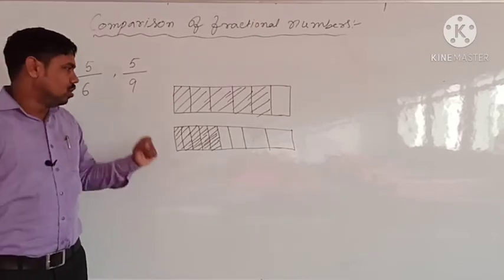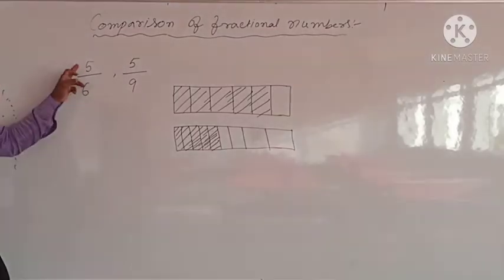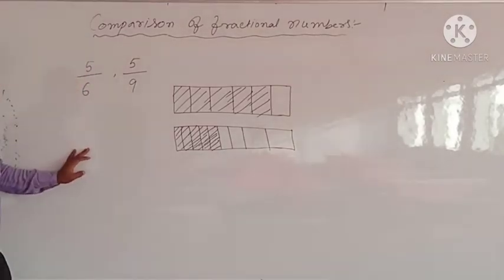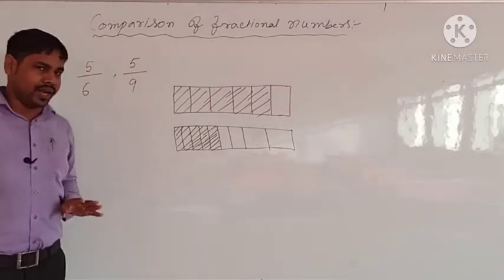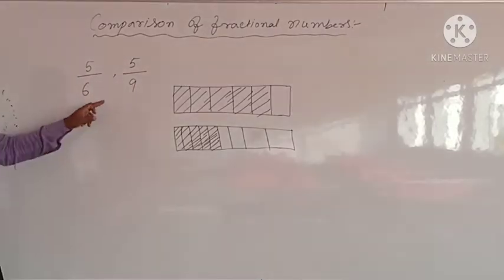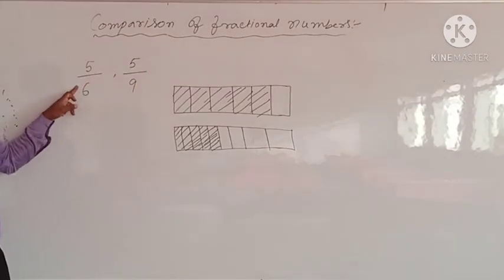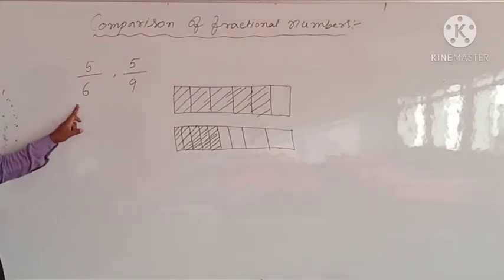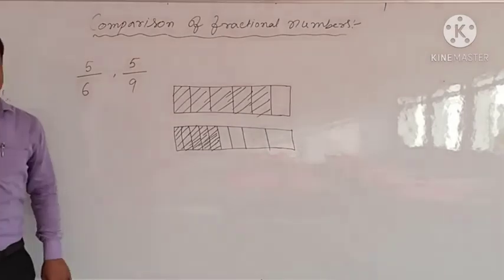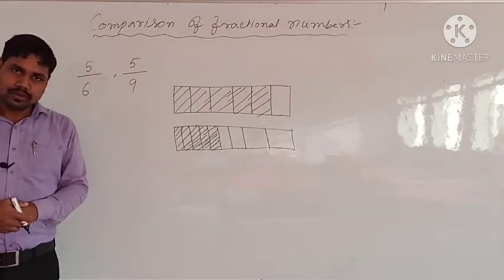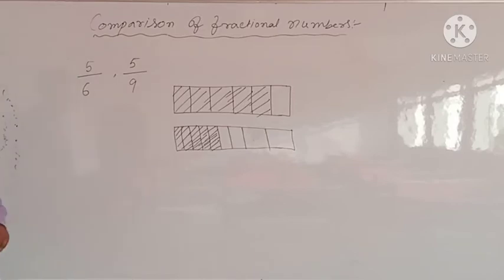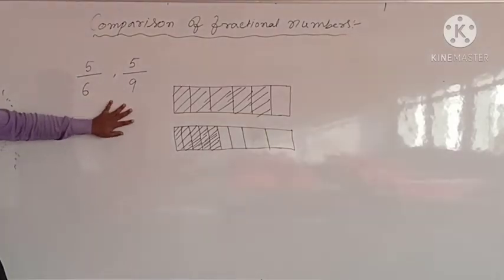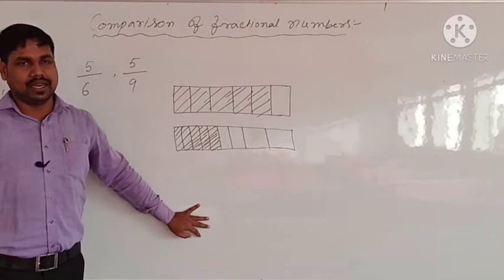So whenever the numerators are same and denominators are different, we'll check the denominator with the less value. जिस denominator का कम value रहेगा वो बड़ा हो जाएगा. Just opposite of that. तो यहाँ पे बच्चे ज़्यादा कंफ्यूज होते हैं. यहाँ पे समझने का बात ये है, आपको अगर नहीं समझ आता है तो पिक्चर का कंसेप्ट पे समझा करिए.